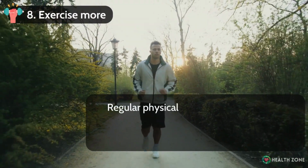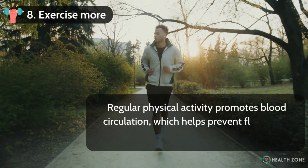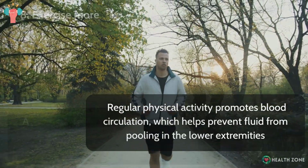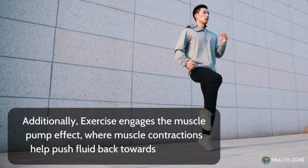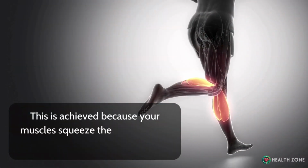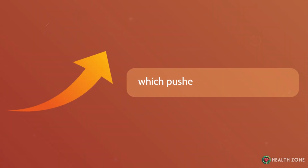Number 8. Exercise more. Regular physical activity promotes blood circulation, which helps prevent fluid from pooling in the lower extremities. Additionally, exercise engages the muscle pump effect, where muscle contractions help push fluid back towards the heart. This is achieved because your muscles squeeze the veins in your lower extremities as they contract, which pushes your blood